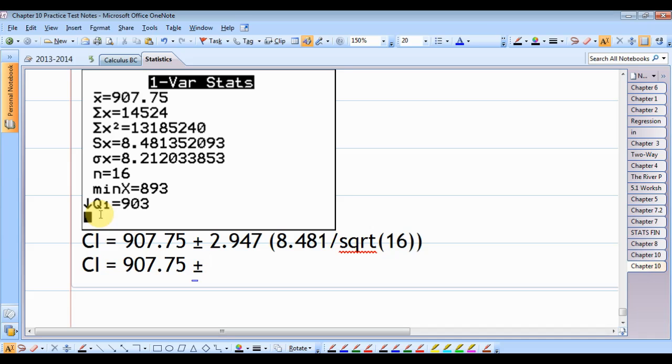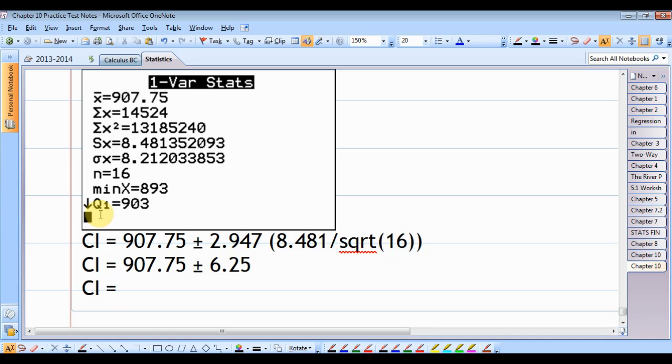In the beginning of the question, it says the standard release is 910. That's what they expect to be the release potency. Oh, it's like the expected mean kind of. So does that play a part in this? Well, let's see. What's our margin of error? 6.25? Okay. So that means our confidence interval,